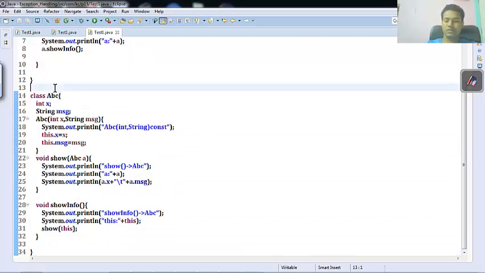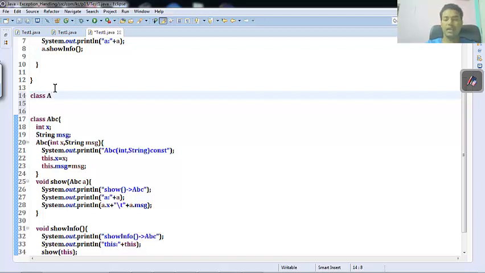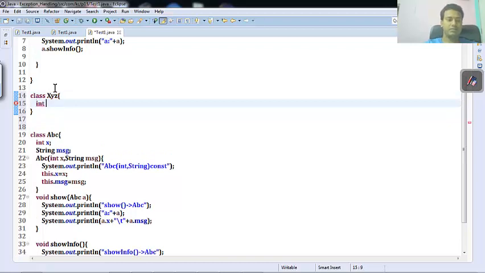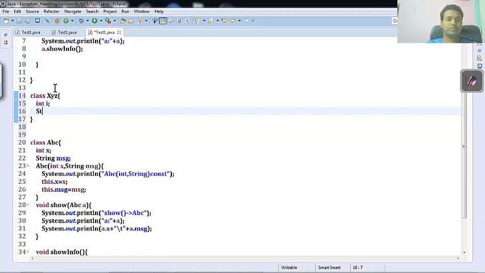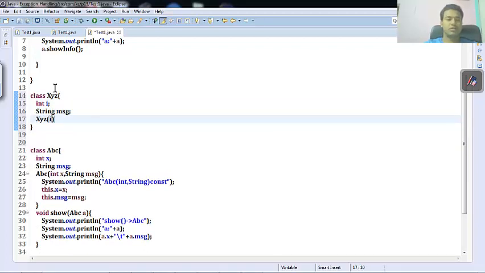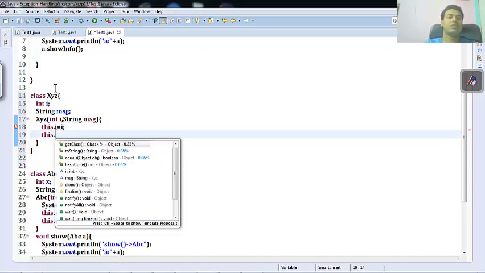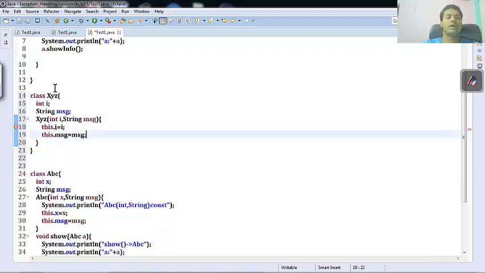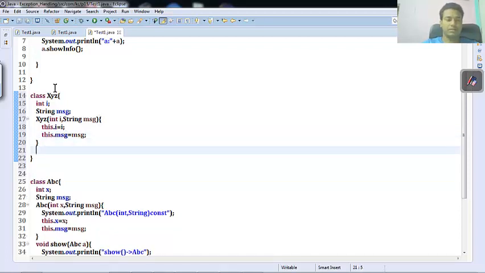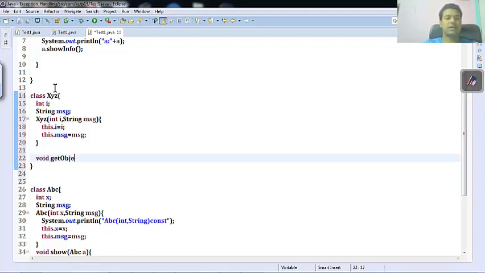Say I'll take one more class here, say class A, or some class say XYZ, and in this I have say int I and string type MSG, creating a constructor to initialize these two. So it is int I and string type MSG, right? And this is initializing this.I is I, and this.MSG is MSG, right? Now I have a method here, say get